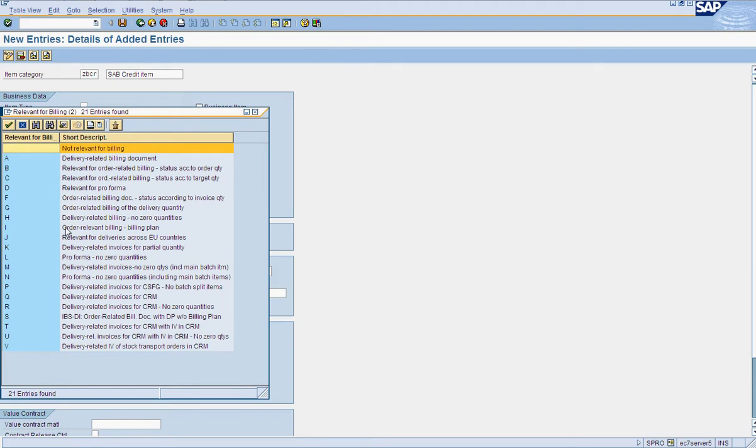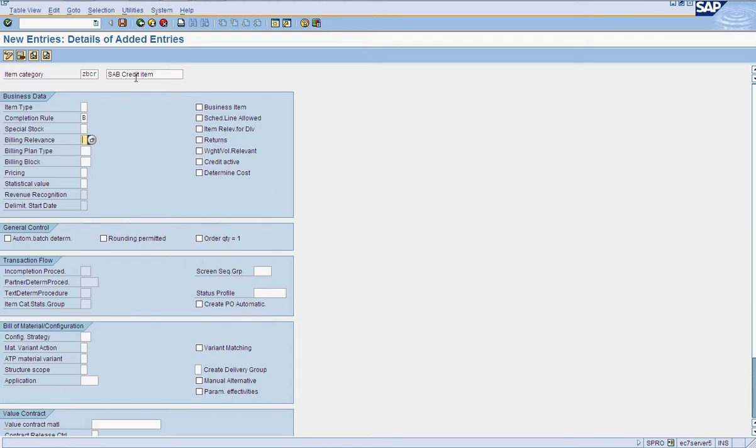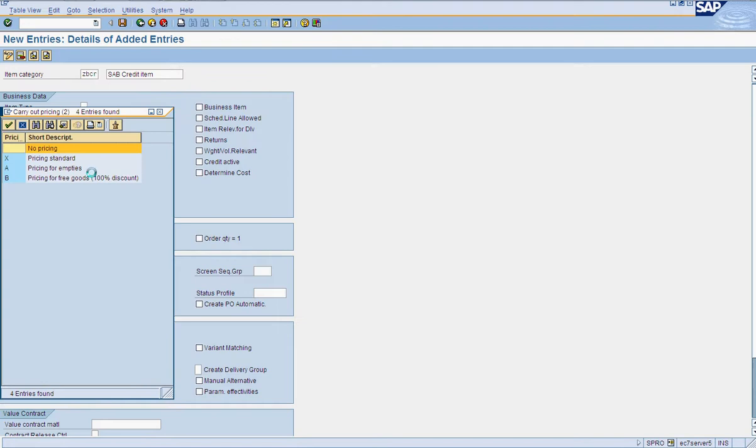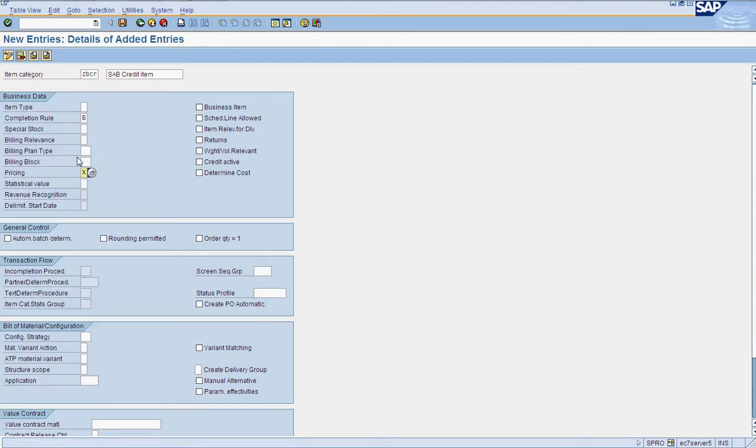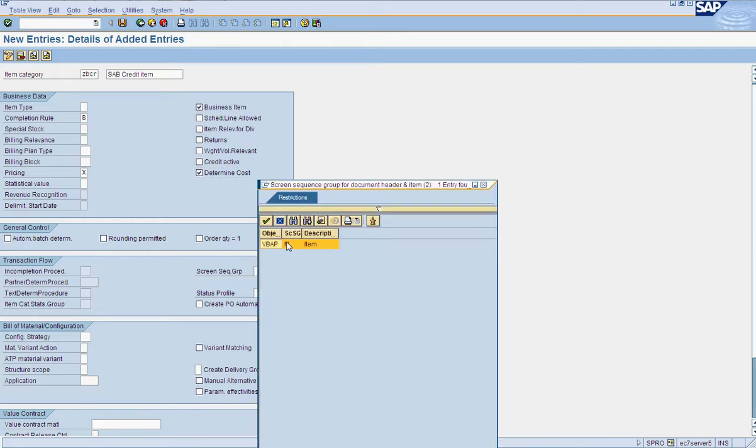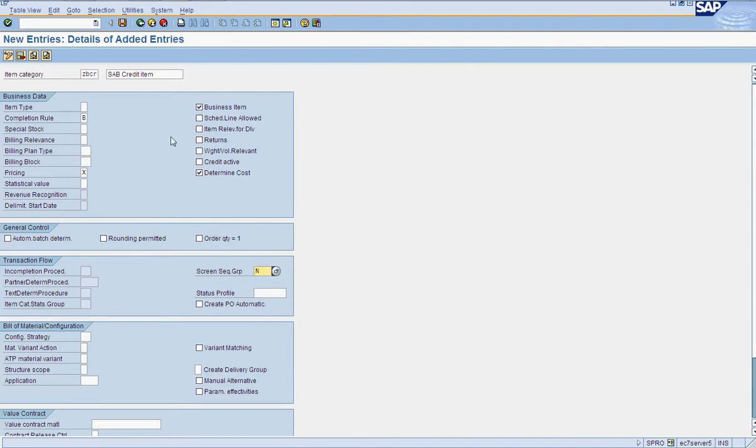Let me check what is given for it. We will check and assign it later. Billing relevance, pricing standard. Do we want to have business item? It's not relevant for credit. Screen sequence group N and save it.